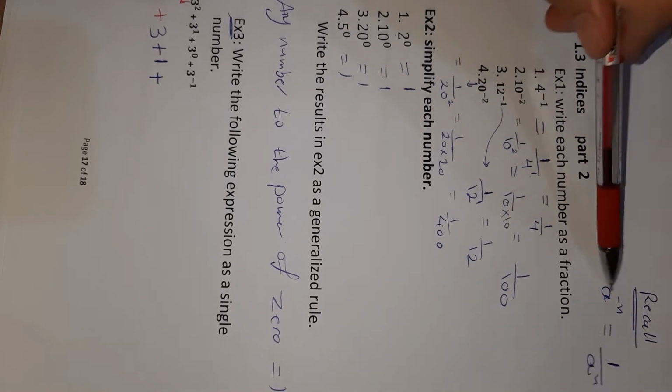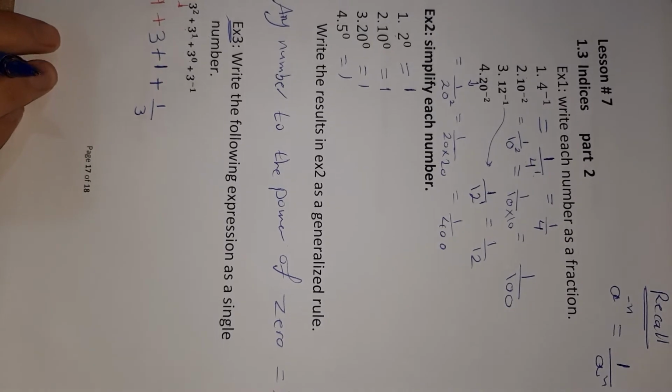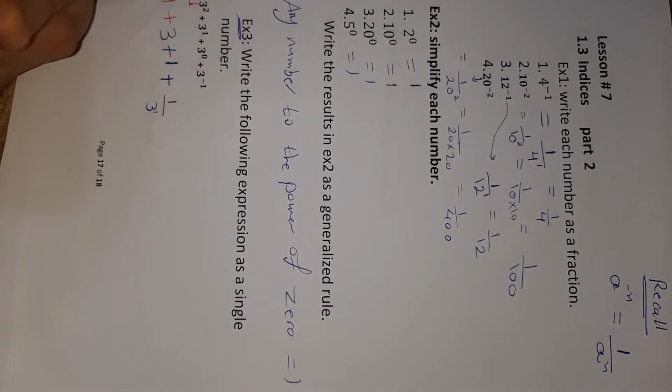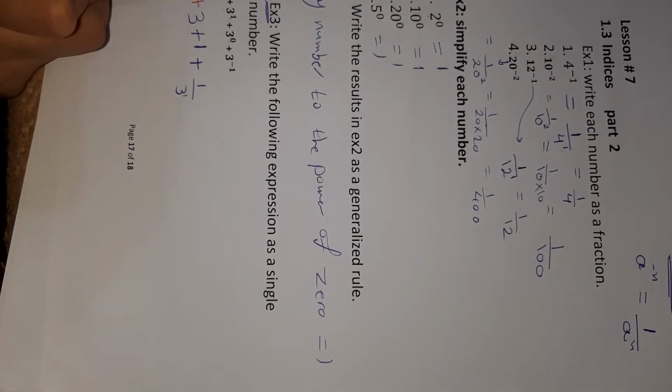Apply this rule: 1 out of 3 to the power of 1, which is 3. This equals 9 plus 3, 12, plus 1, 13,